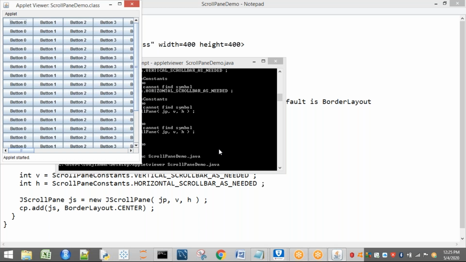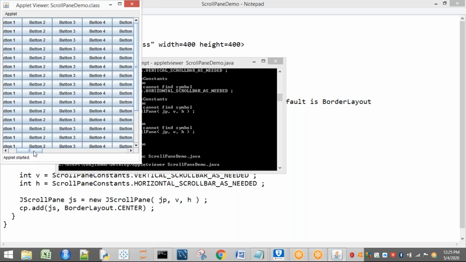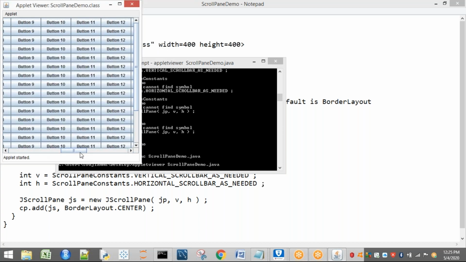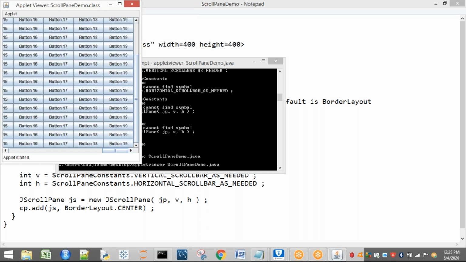Whatever you are seeing here is one window. Next, when I click on this one, when I scroll this one, this is one window, this is one window, this is one window. Otherwise, if I go here, this is one window. That means the scroll pane can contain multiple windows, view areas.